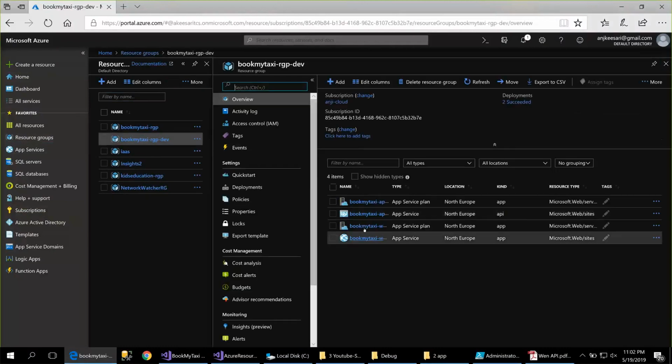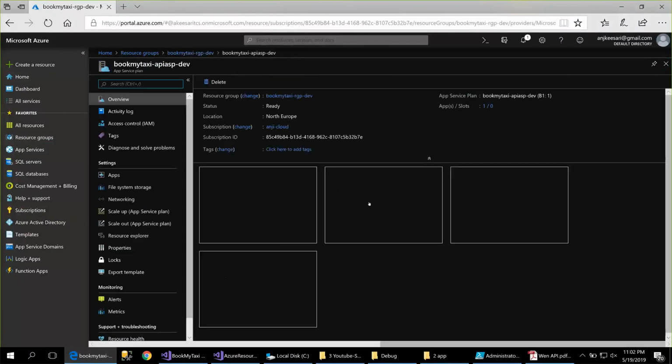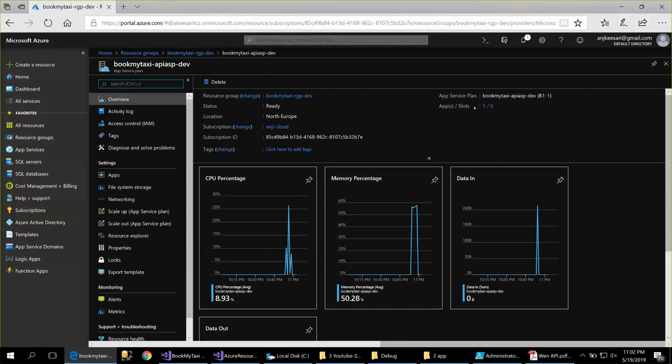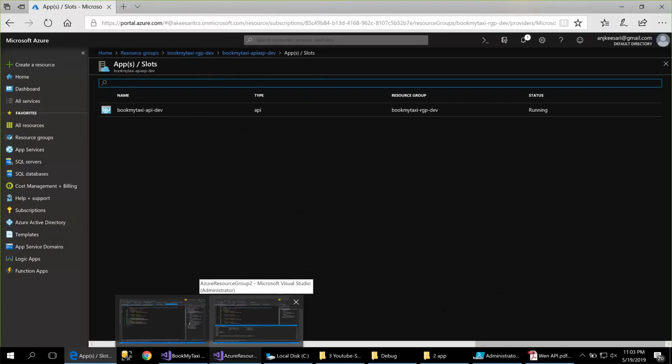Now I am able to see the app and the API. Under these, if I click on the resource app service plan, I should be able to see one app associated to that, which is API app. So same thing with other resource group. So finally, let's take a look into the